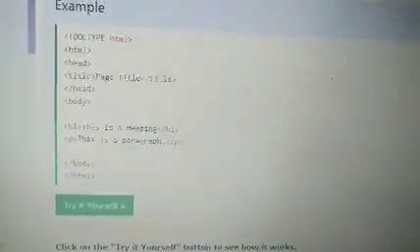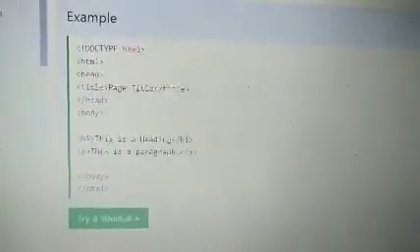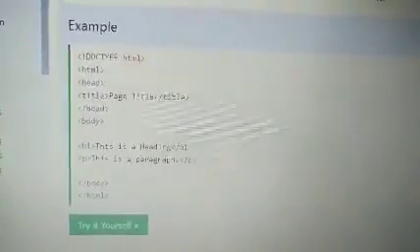Next is head. The head tag is introduced to give the title information of the website. It is not visible in the page. In the search bar section, where we get the URLs of the website, there the title of the page will be shown. Next is body. Whatever we have written under the body tag, that we will be able to see on the screen.